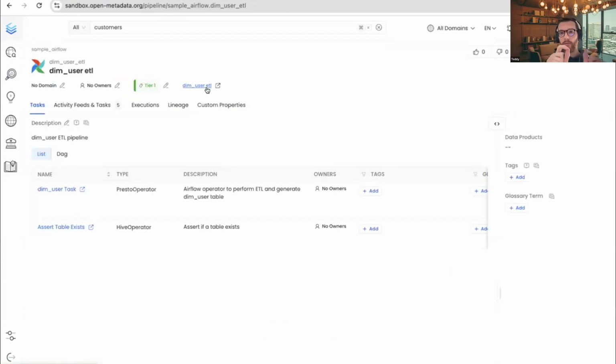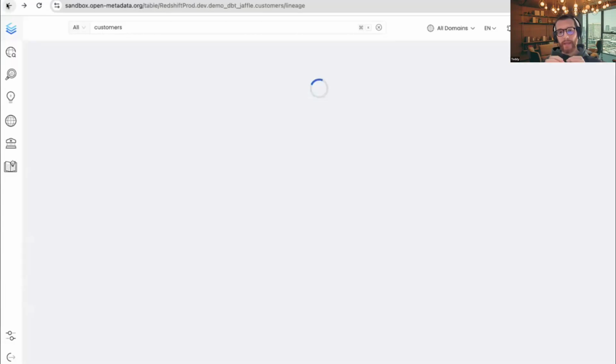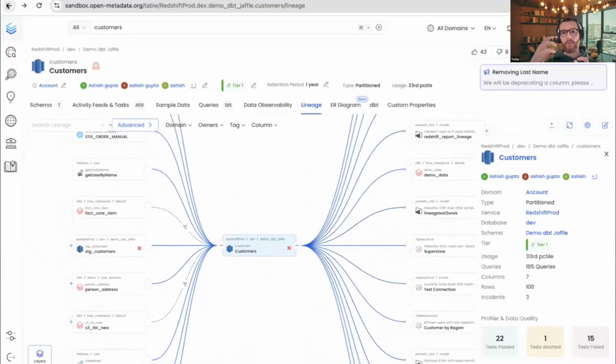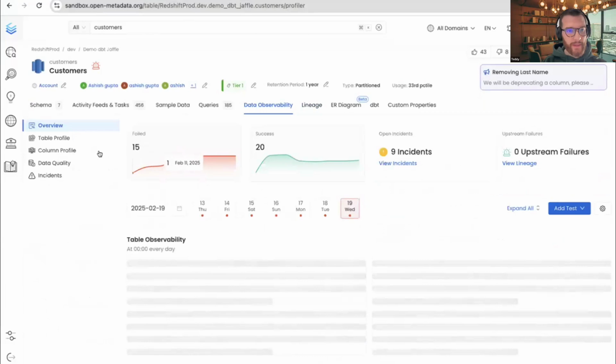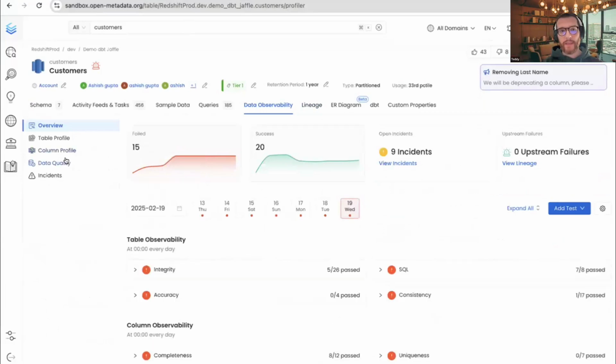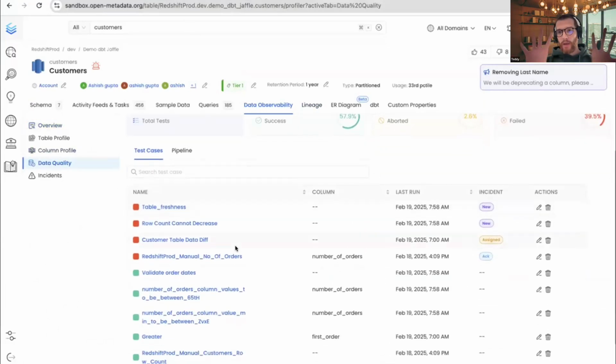So the idea here is that from this simple information and that knowledge graph that you have access to inside Collate, you are able to have a faster resolution to the root cause of issues that may create some data quality issue with your data. The idea is to provide you with the tools and the information that will allow you to find resolution as fast as possible. And we'll have that information and that dedicated data quality view for all of the tests that are available